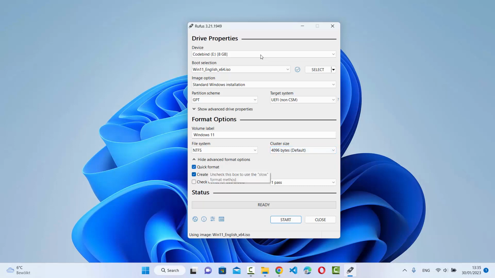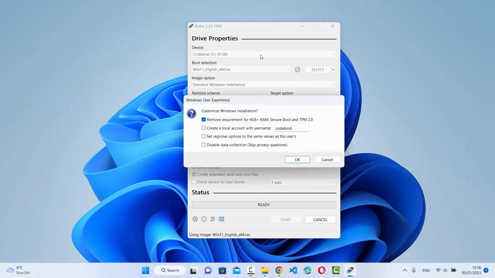And then here you can see quick format. As I mentioned, it's going to format the USB drive first. So whatever data you have, better make sure that you have a backup of that data, otherwise the data will be formatted. Then you can simply click on the Start button, which is going to give you this kind of warning: